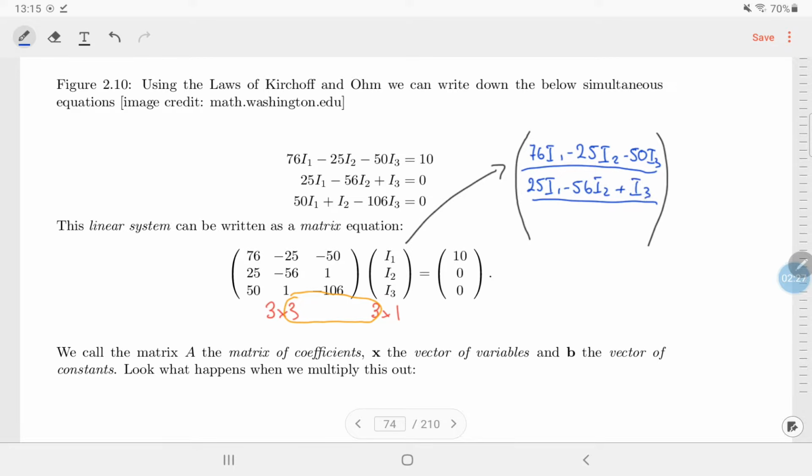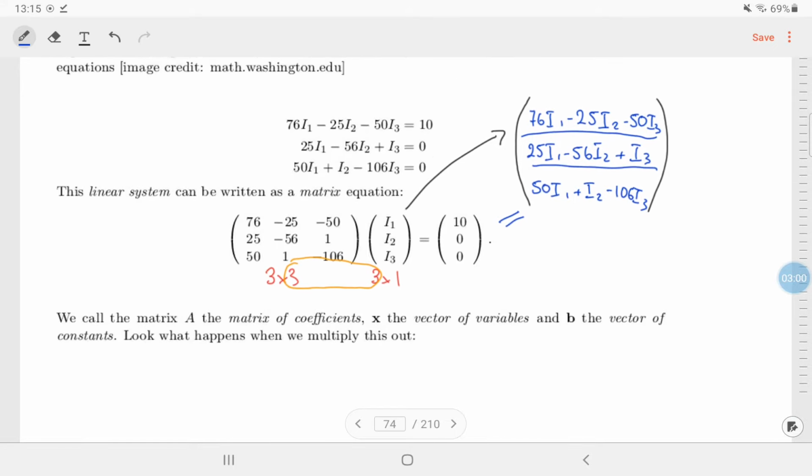And the last one is row 3, column 1. So I multiply row 3 by column 1: 50 I1 plus I2 minus 106 I3. And this is supposed to equal 10, 0, 0. So that's two vectors that are supposed to be equal, and vectors are only equal when every component is equal. So the first component, 76 I1 minus 25 I2 minus 50 I3 equal to 10, is equation 1. That the second component is equal to 0 is the second equation. That the third component is equal to 0 is the third equation. So you can rewrite these as